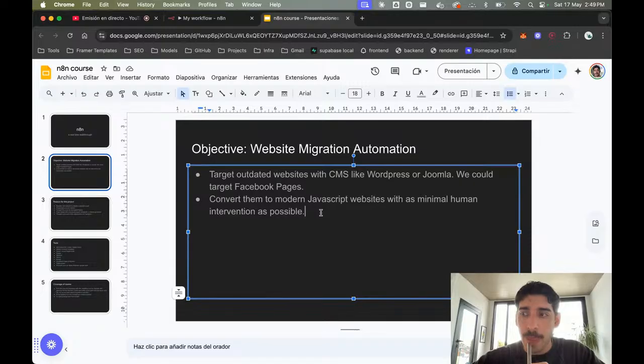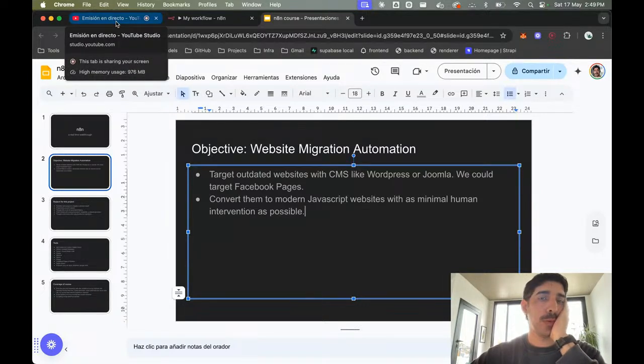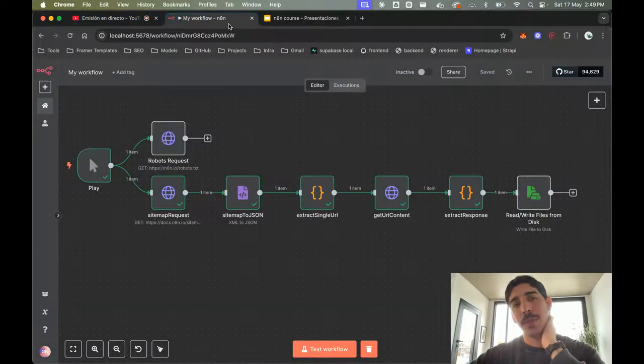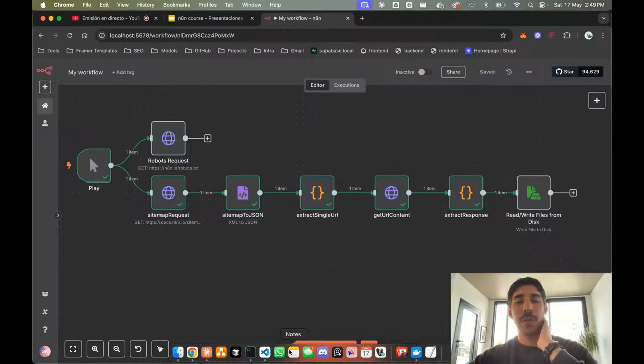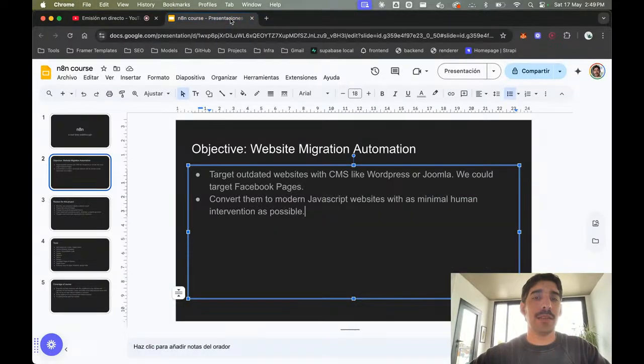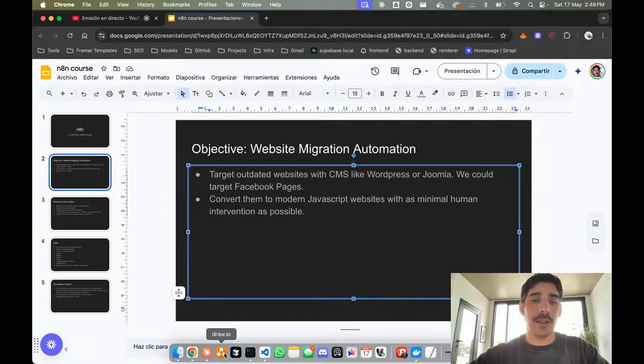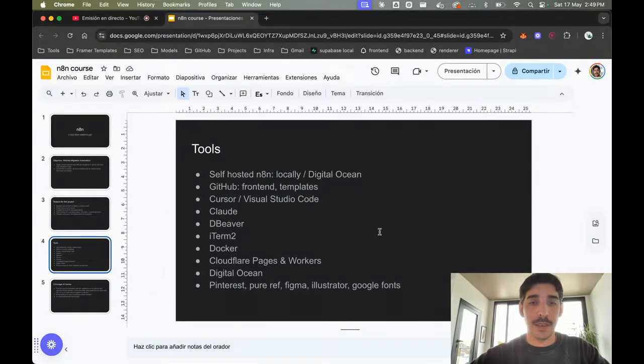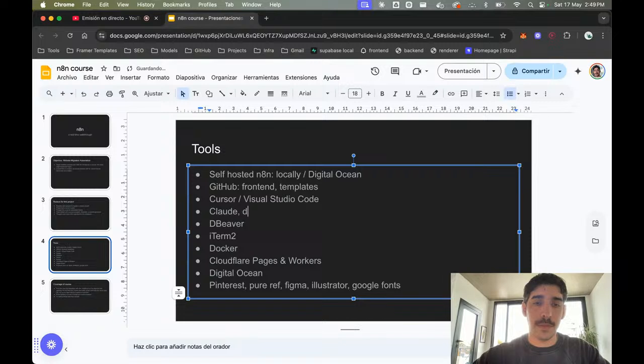I think before jumping into n8n, which is definitely going to be fun and interesting, let's build a diagram first, which in this case we are probably going to have to add this as part of the tools.